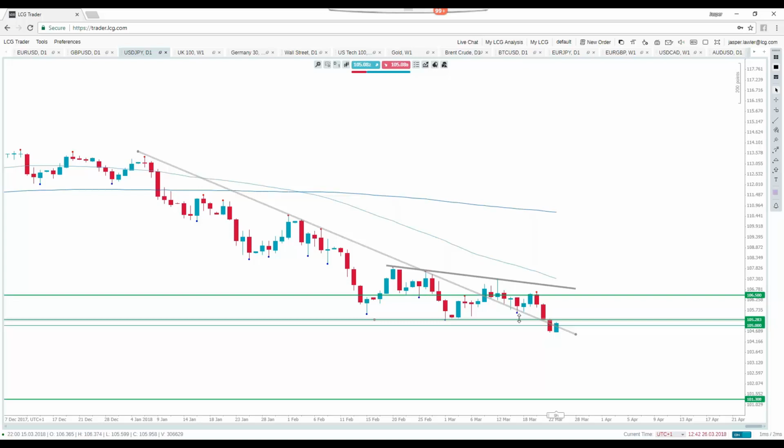The only real supportive reason to get long the market, I would say, is that we've hit this 105 psychological level. So maybe depending on how we close today, if we get a big bullish close through Friday's high, maybe you could go for that purely based on that 105 level. For me, I'd probably be waiting for, I've got this new trend line going through these peaks. I'd be looking for more confirmation that this downtrend is over with a break through those old highs before starting to get long dollar yen.